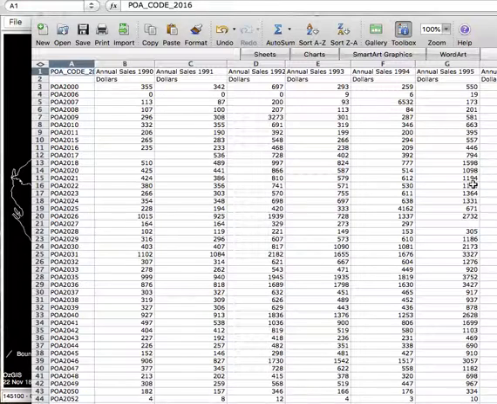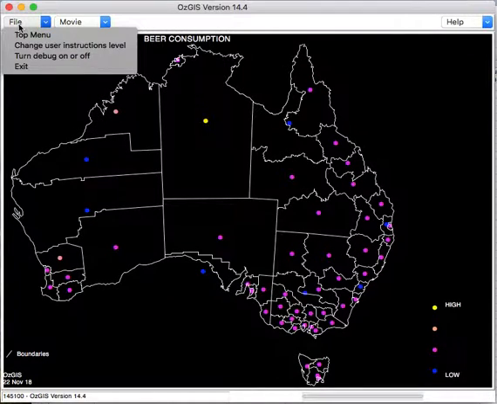In other words, data that's sampled at a regular interval. So, for example, here I have an attribute file in the spreadsheet in the usual way, and I've got sales here, sales for 1990, 1991, 92 and so on, a whole series in this attribute file. Now I can go away and